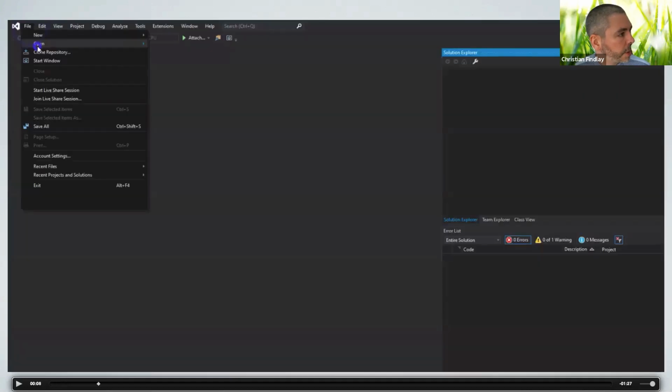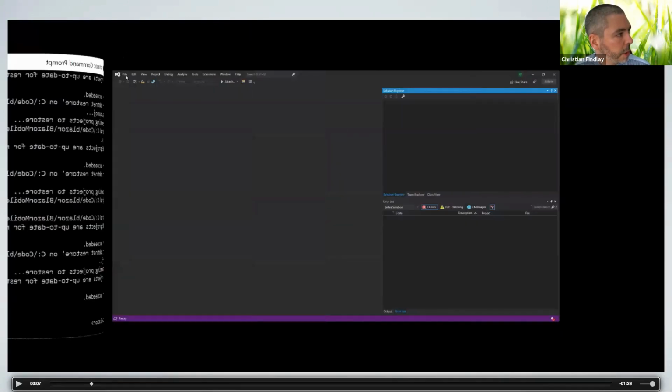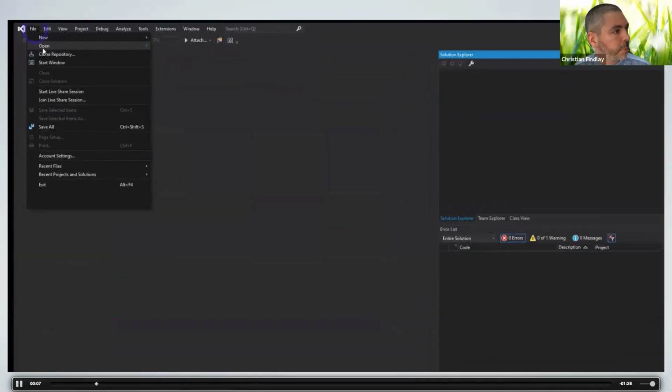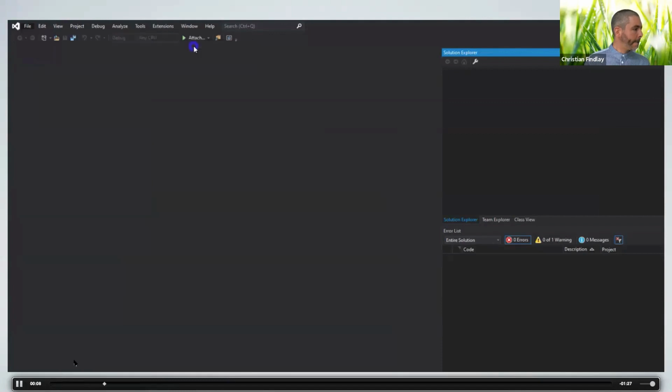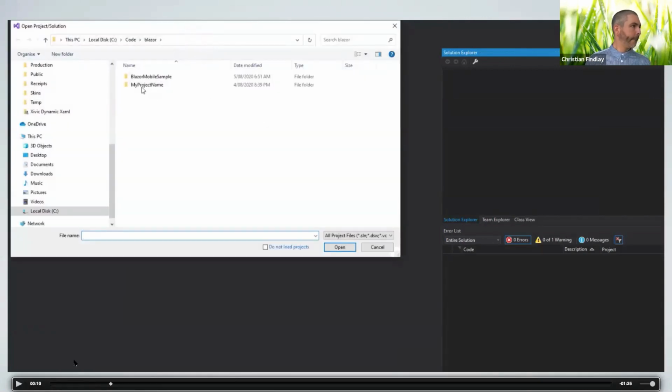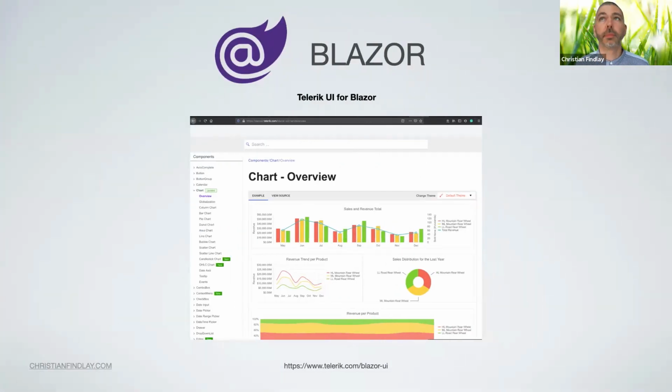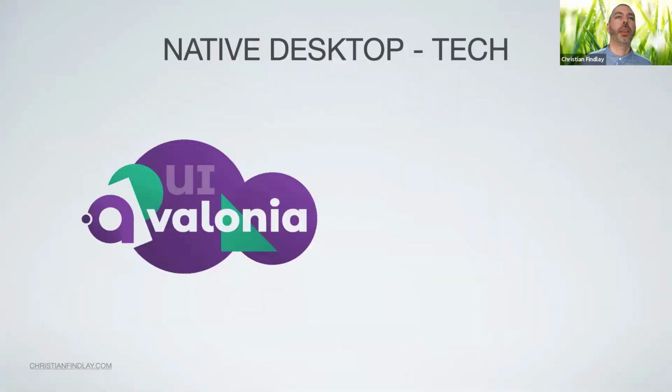For some reason this keeps pausing, but I'll just play it through. Okay, so the command line that I just called was just one of the templates. I'll get that going.